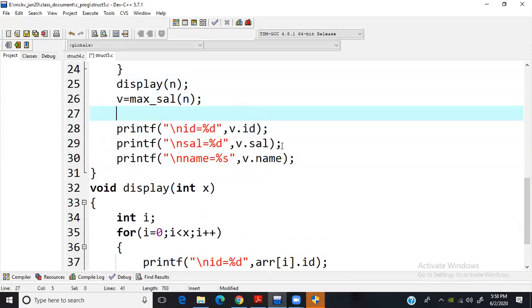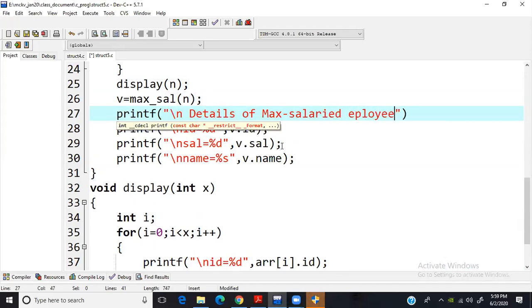This is the details of max sal, maximum salaried employee. I hope you understood